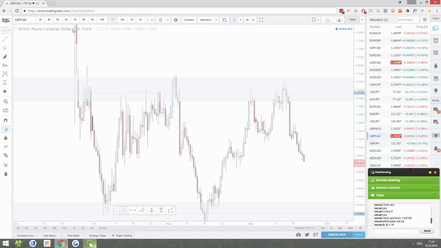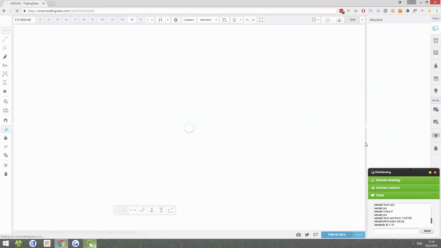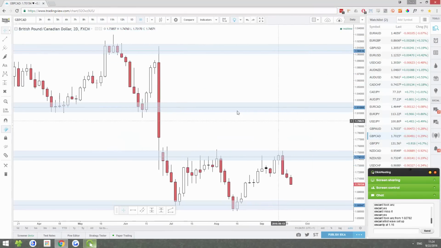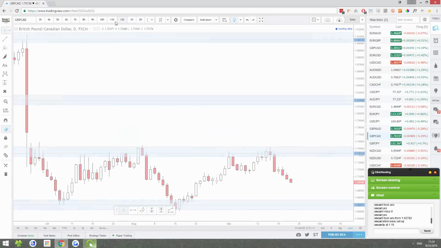It's loading so slow. All right, these are loading slow for some reason, and there's obviously not a setup here, so let's just skip